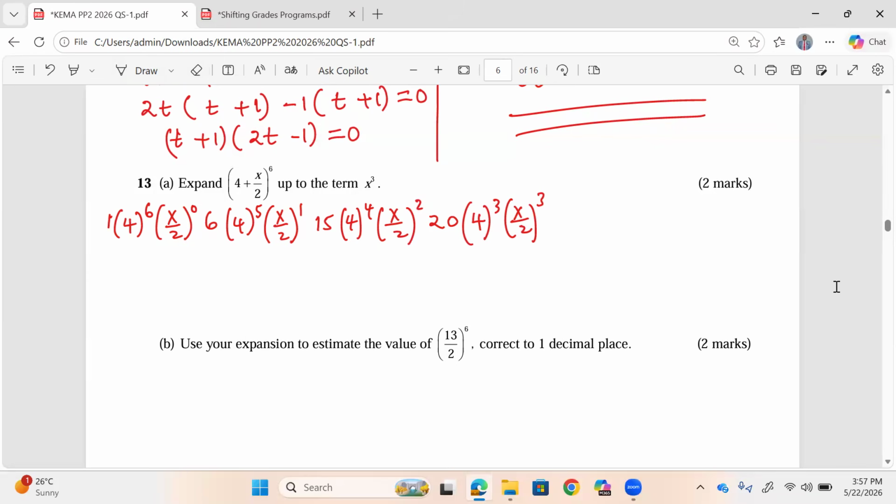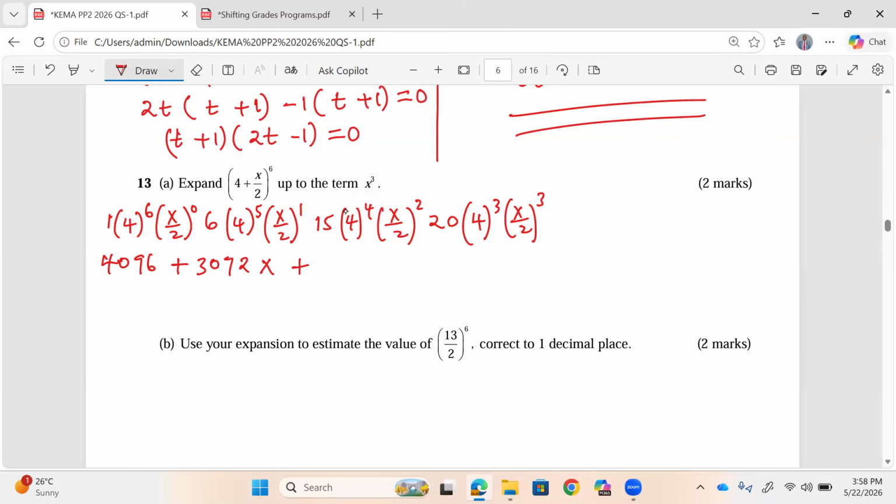Can I do 4 power 6? It's a big value, 4096. x/2 power 0 becomes 1. Then 6 multiplied by 4 power 5. 4 power 5 is 1024, so times 6. But there is a 2 there, so we divide by 2. So we get 3072, and this is x, plus